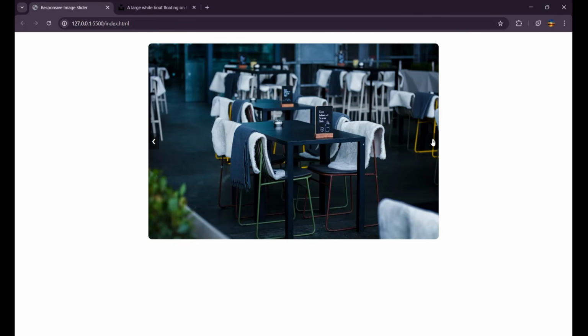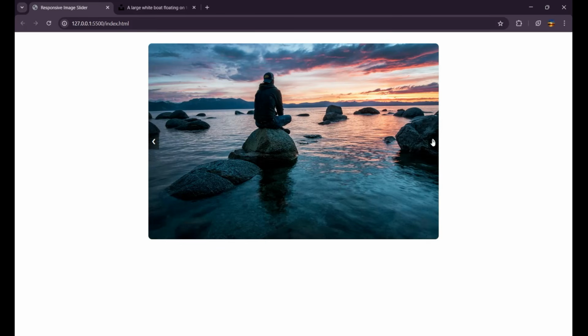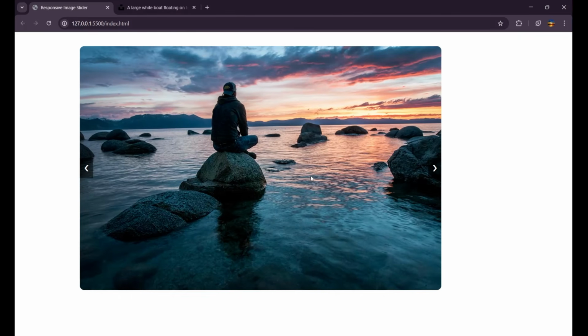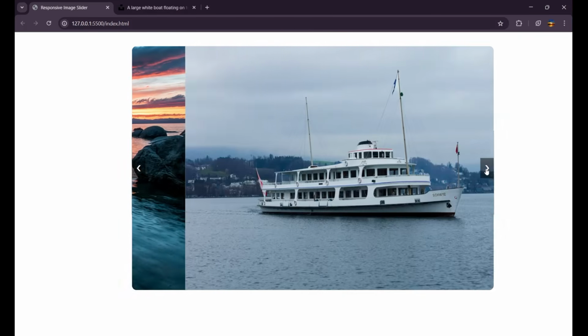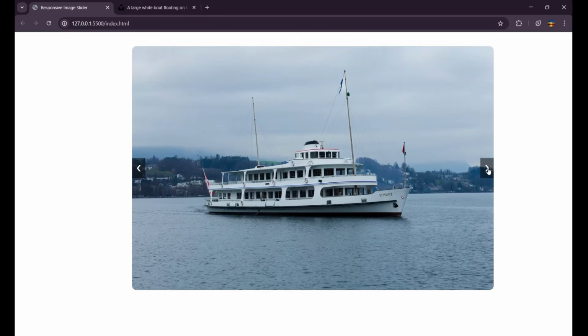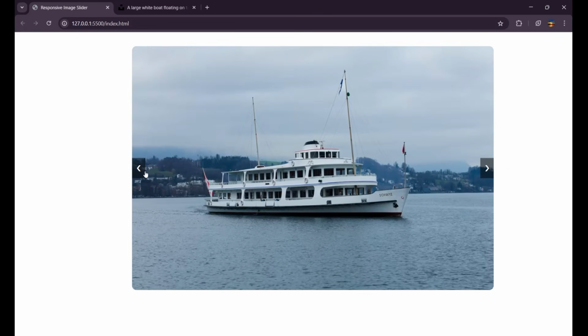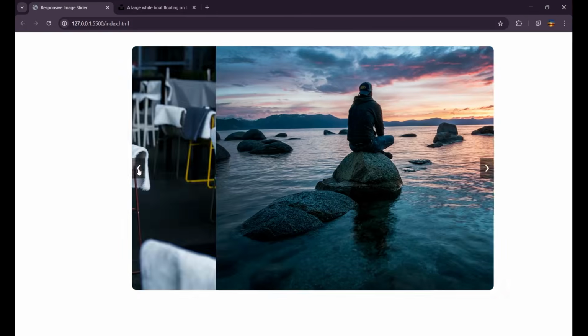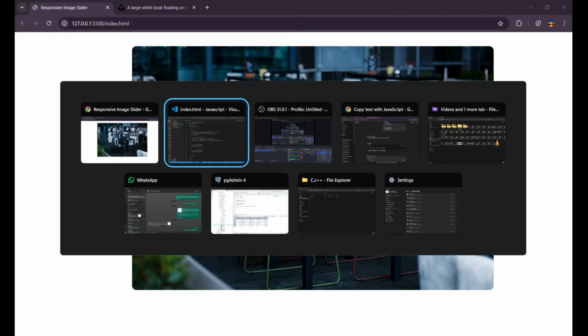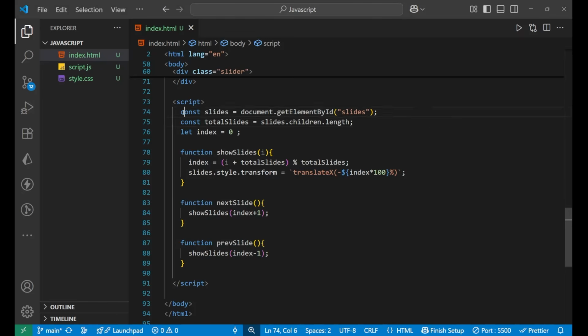Again we will click on it, and yes, you can see the image slider is now ready, right? Now when I click on the next, again it gets changed. Now again if I click on this, you can see it put me again to the first image, because the index value 0 is now sent to the function again. And even if you click on the left button, it will take you back, index minus 1, right? So this is the complete functionality, and this is the main logic behind building this image slider in JavaScript.